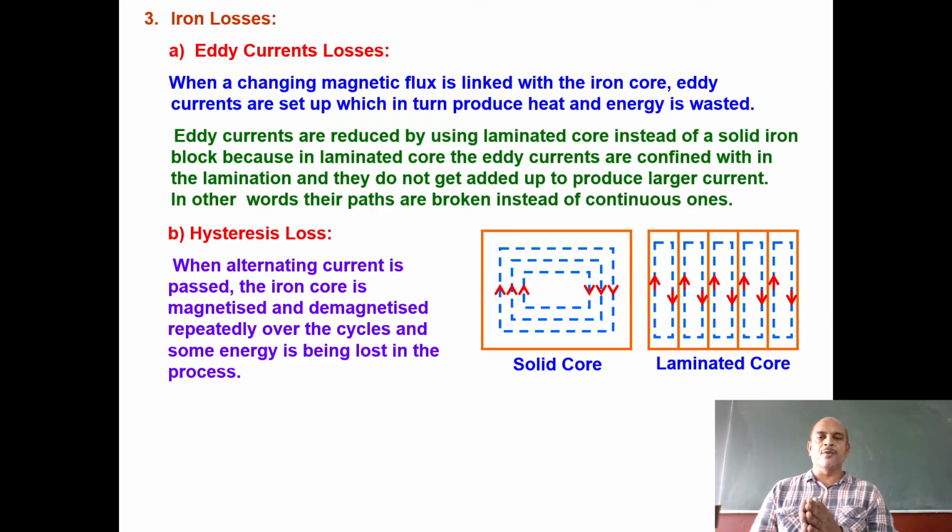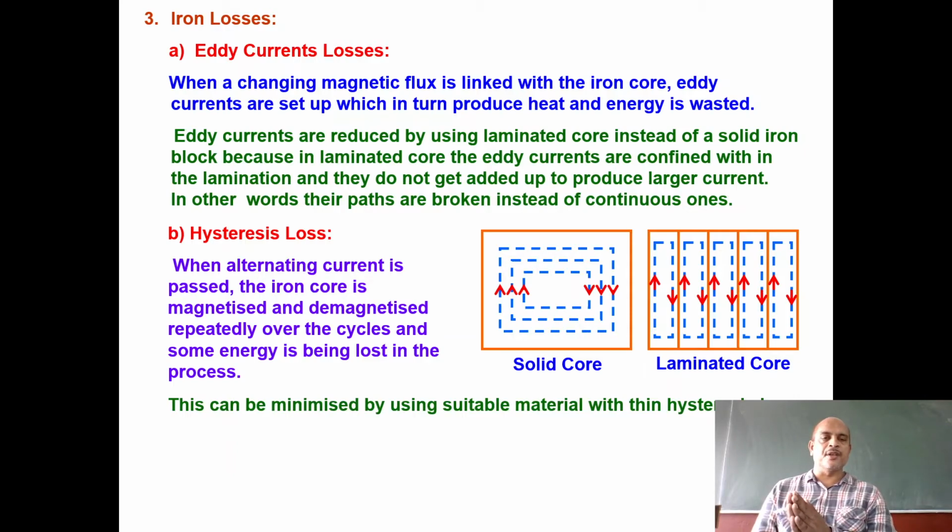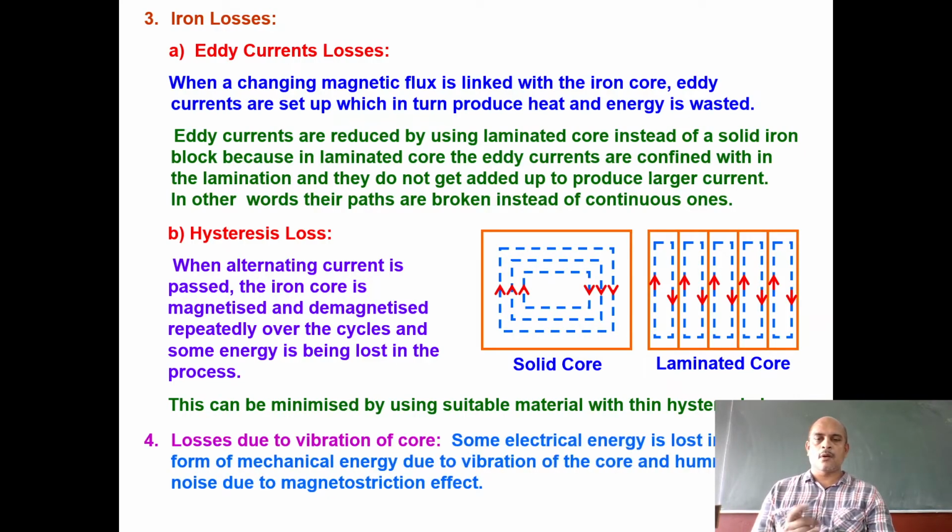This is the solid bar, and if we slice it, the eddy loss will be decreased. Now hysteresis loss. Hysteresis is a versatile term. This is the charging and discharging, we can say magnetization, demagnetization. So whenever the plus and minus of AC change the flux, there is repeated magnetization and demagnetization over here, and this will produce a hysteresis loss.